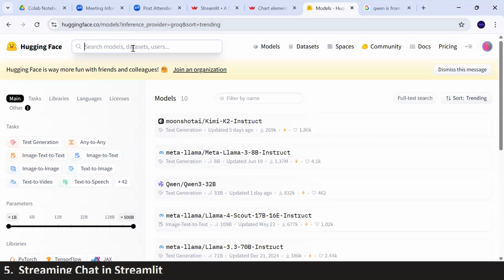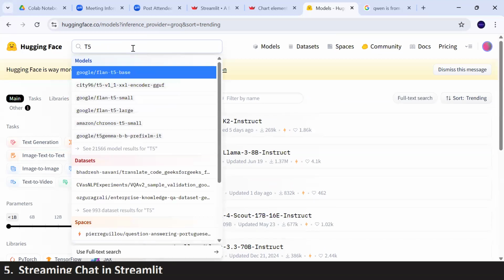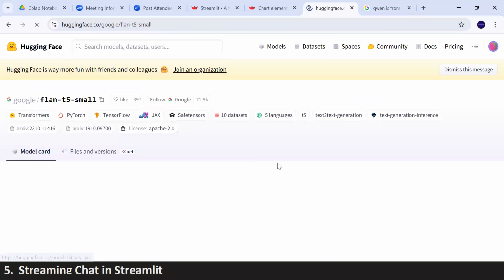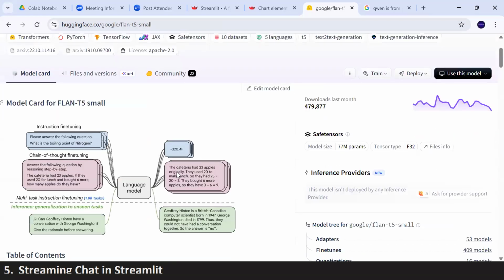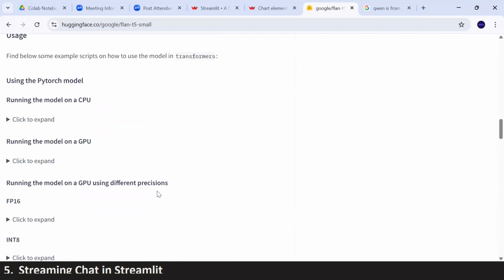Other than that, if you already know the name of your model, you can simply write T5. It will show all the different models, like FLAN T5. FLAN T5 has small, large versions. Let's say I want to use FLAN T5 small, then it will show this diagram. It will also show you some code as well. If you scroll down,